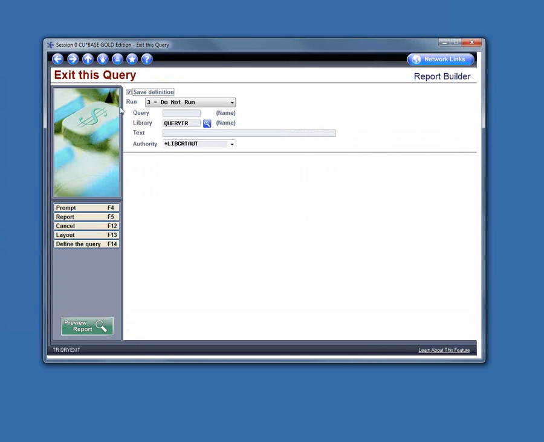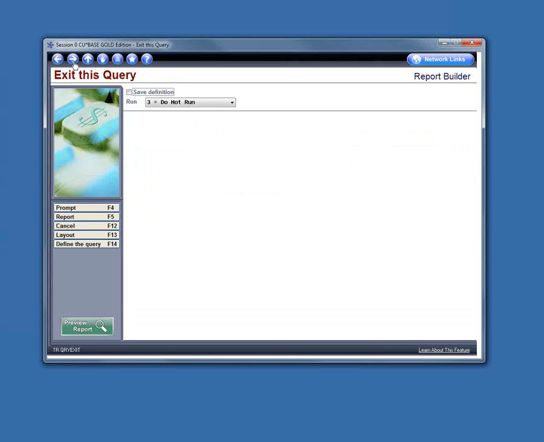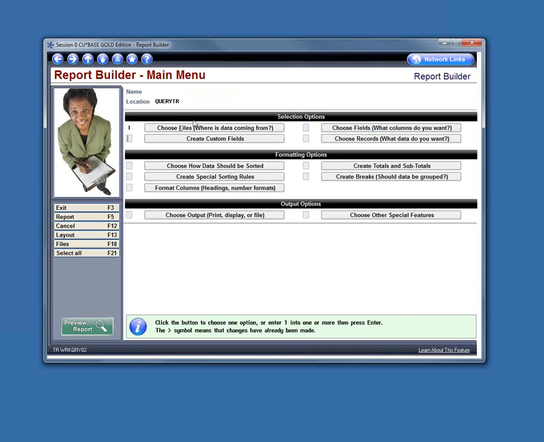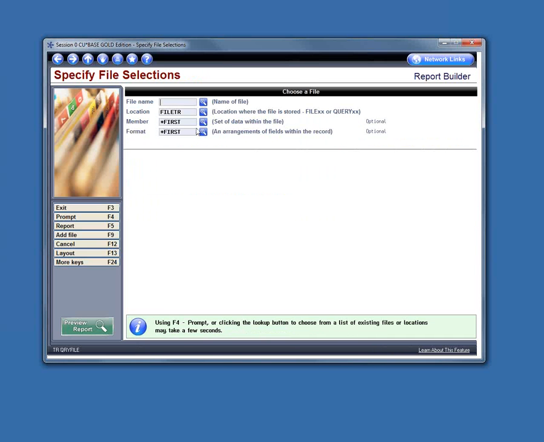Okay. So let's start another report here. We're going to get out of this one. So we're going to view all loans from our Member 5 file that will mature in the next 5 years, or from now until 2018. So we're going to, again, create, choose where our file's coming from,